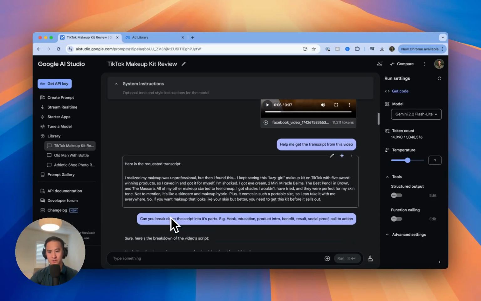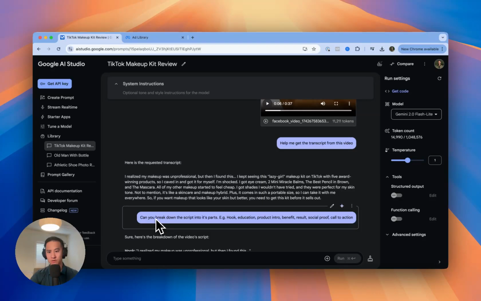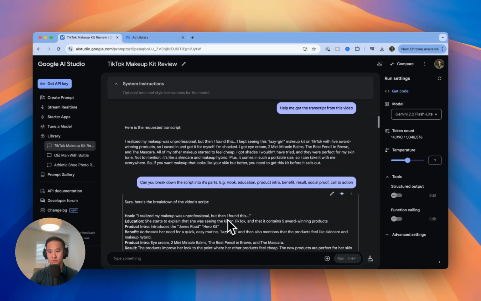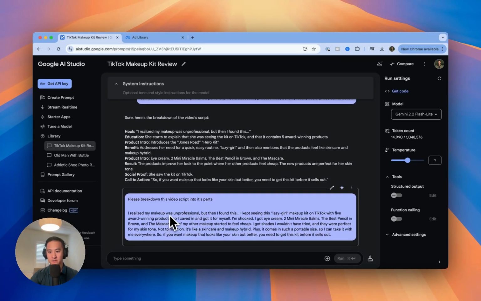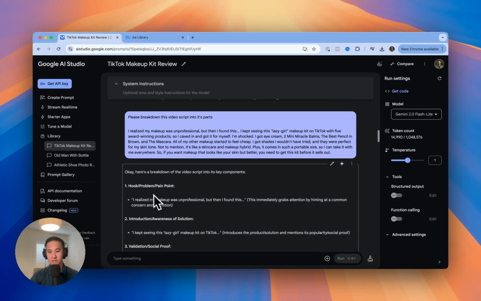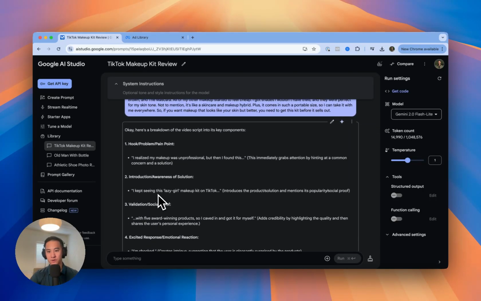So the next thing you want to do is tell Google to break down the script into its parts. So what's the hook? What's the part about the product intro, benefits, results? What's the call to action? Google was able to do that here, but you'll actually have to tell it to use the script. And so here you can see it was able to break down the hook, problem, pain points,